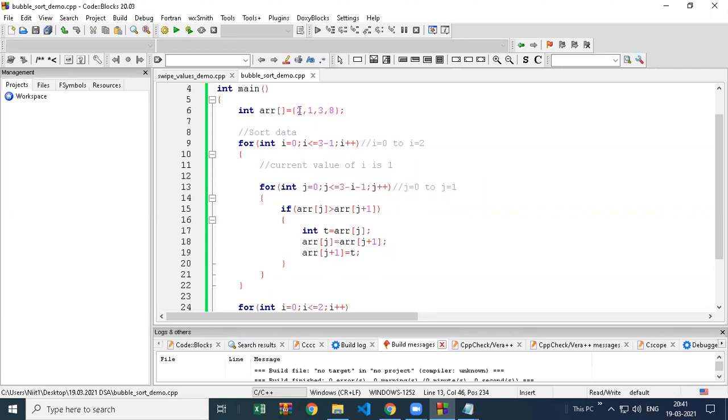In bubble sort, you make 3 comparisons first, next you have to make only 2 comparisons, decreasing comparisons. So how will you decrease? This is the formula for that. So now the J value is starting with 0. The end value is 1. It's not 2. You can do the calculation and see. Is it 1 or not? Am I wrong or right?